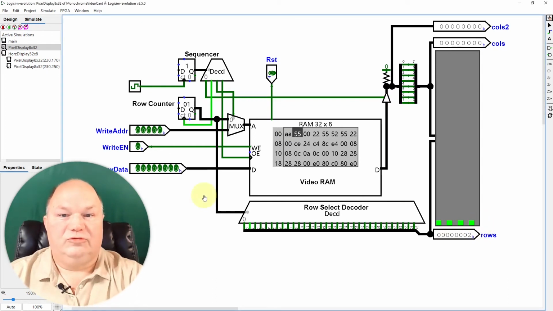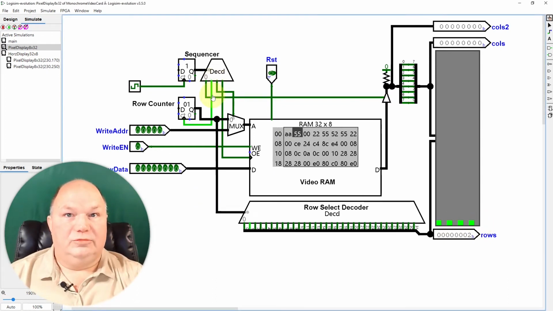Going to the next stage, we provide an output from the sequencer to increment the row counter. While we're doing that, the output is disabled. That row counter increments the address in RAM and the row select decoder, much like our previous one. The next step is to switch the address multiplexer to the address that we wish to write or update in RAM, and give that a chance to operate if we are in the middle of a write instruction. The next step of the decoder actually clocks the RAM so as to load whatever data we had just set